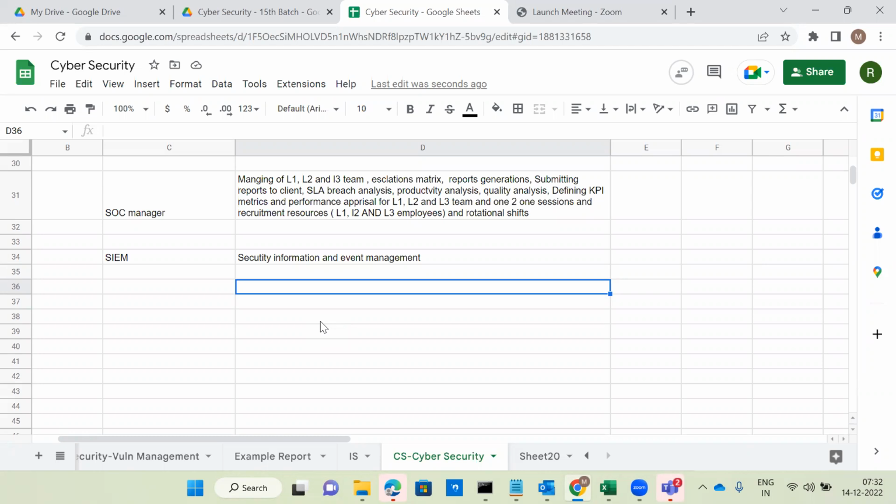As per 2005, there were two candidates. One candidate's name is Amrit Williams, and the second candidate's name is Stephen, I think.